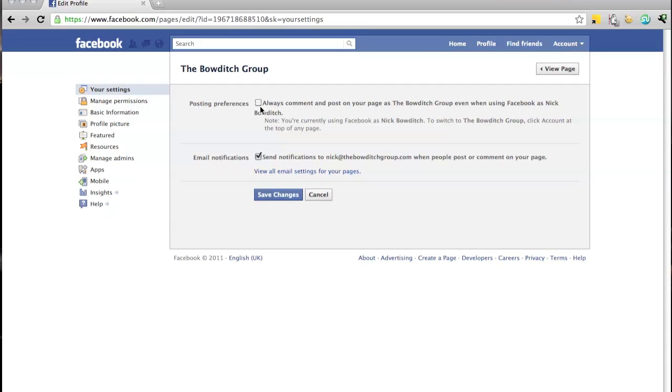So since they did that, it meant a little bit of change in this as well, whereas if you're the admin of a page, whenever you write on that page, traditionally you were writing as if you were writing from the page, not from yourself. So if you go out to here now and you uncheck this box, then it means I can comment on the Bowditch Group's Facebook page as Nick Bowditch rather than as the Bowditch Group,